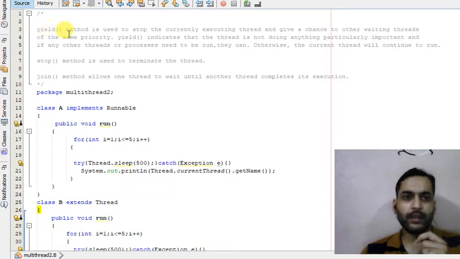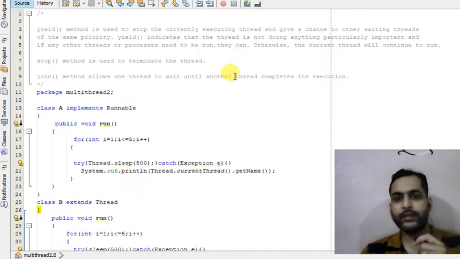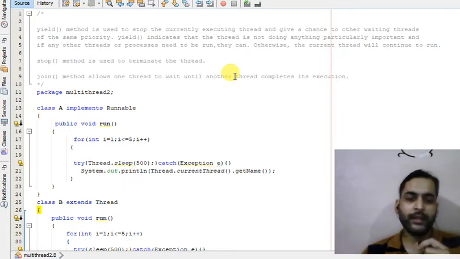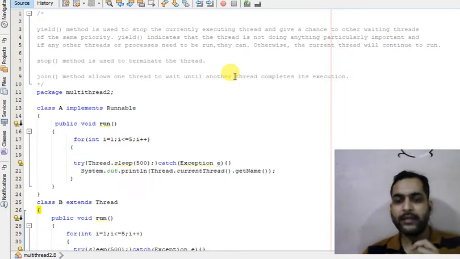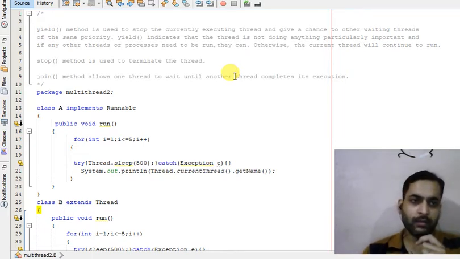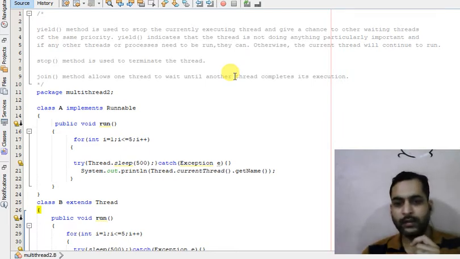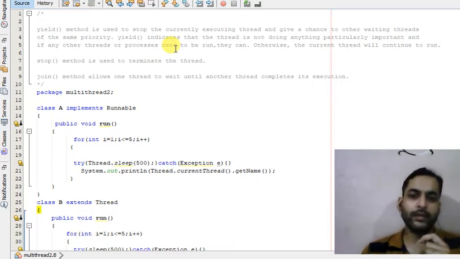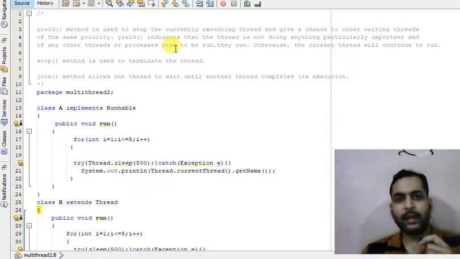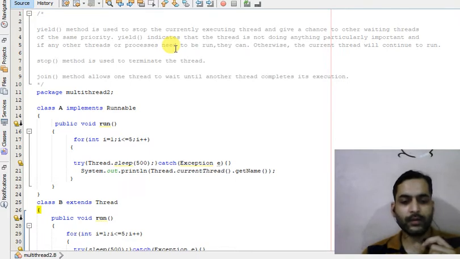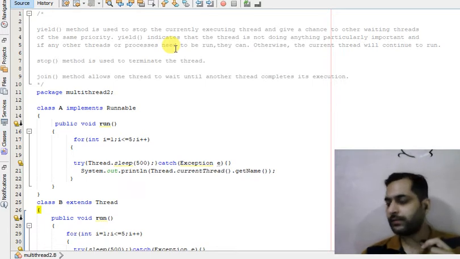So this yield method is used to request the scheduler to switch to another waiting thread having equal priority. It is worth noting here that yield method simply requests the scheduler to give control to another thread, and it does not ensure that another thread having same priority will definitely be executed.